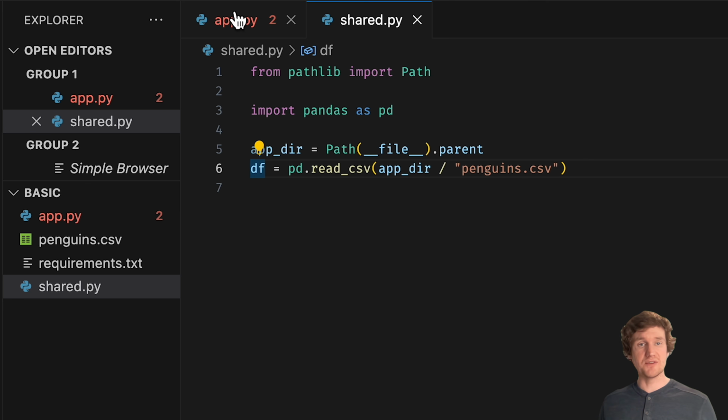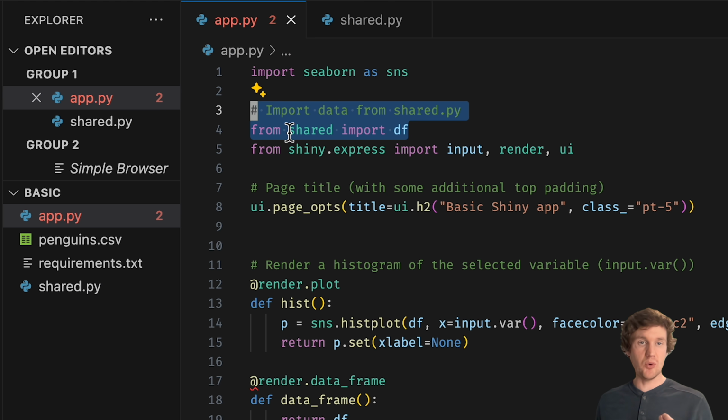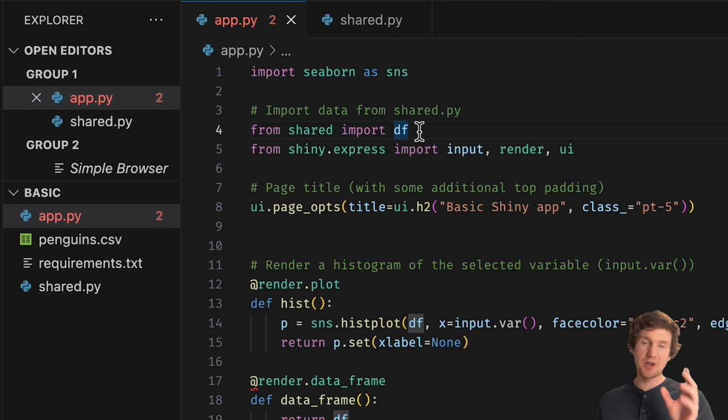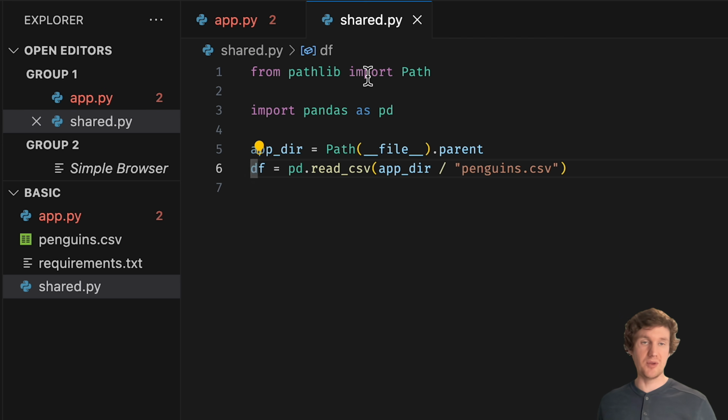Another advantage of setting it up in this way, where you import from a local module, is especially for Shiny Express, this will ensure that you're only importing the data once. There are situations where, if you're not importing your data in a certain way, that data can end up getting imported twice. So again, for performance, it's a nice abstraction here to put this in a separate module to do your data importing.